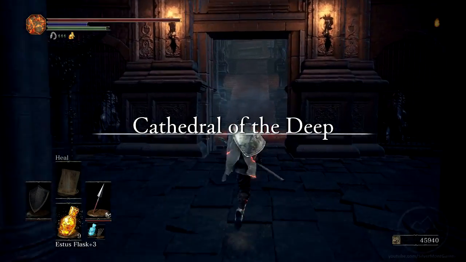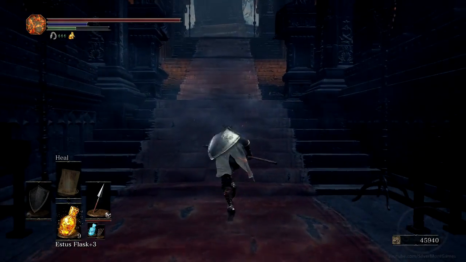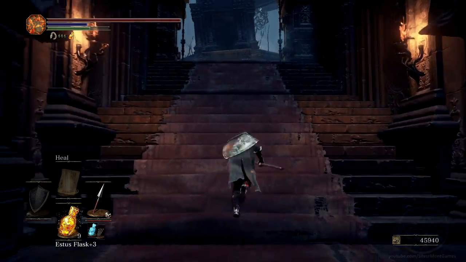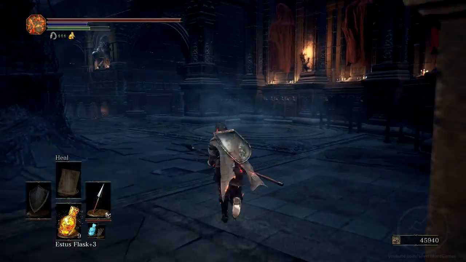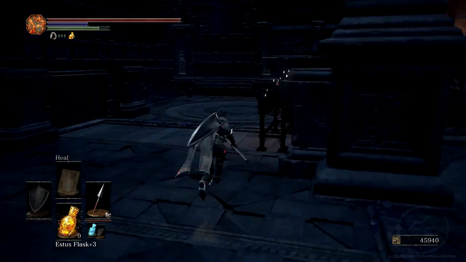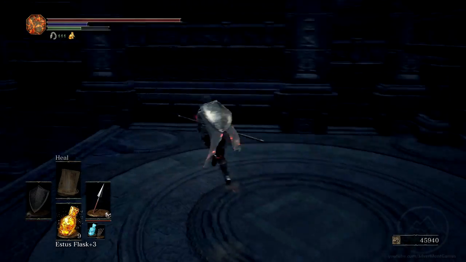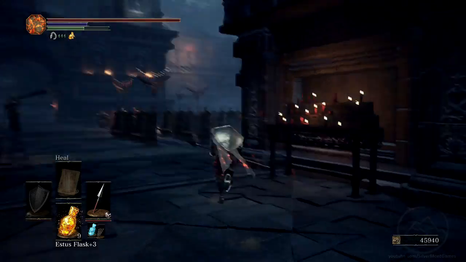It occurs to me that not only did I forget to show the trigger for Siegward being in the well, I also forgot to show how you would get to Rosaria. Or whatever he was saying. Rosaria? No, Rosaria. That would make sense. And you get there via...